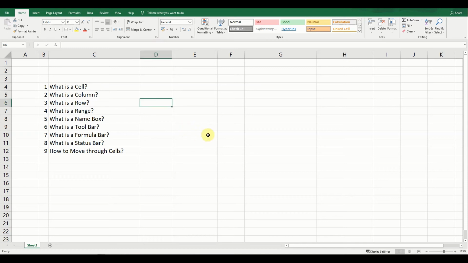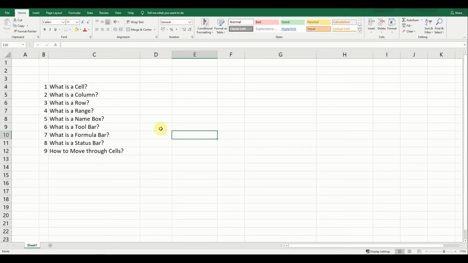Okay, going to point number 7. What is the formula bar? So formula bar is this. Over here you can see the box, a long rectangular box. So over here you can type in anything and it will come up in this cell. If I type over here A, B, C, it's coming up over here.